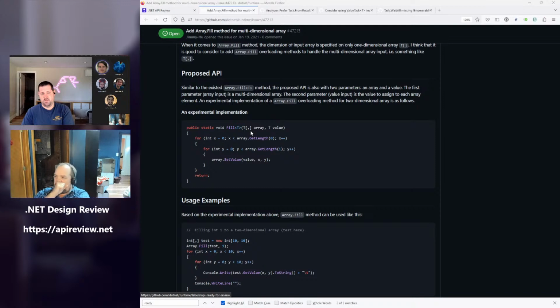I think the two best approaches would be either just overload fill, take the minor source breaking change. That's then at least consistent with other APIs on array. Binary search, for example, has overloads that take array and overloads that take T array.